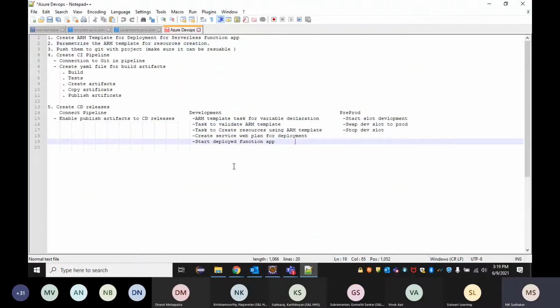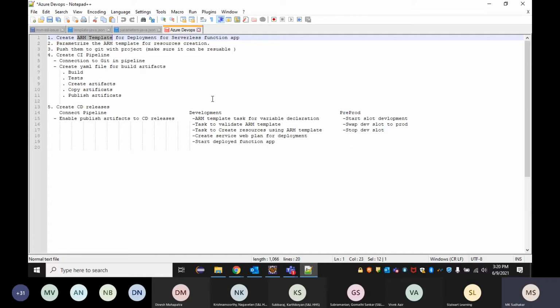Yeah. So for doing all this, we have very simple 5 steps. One is that we need to create an ARM template required to deploy any function app. So how can we create an ARM template? Normally, there are different ways.